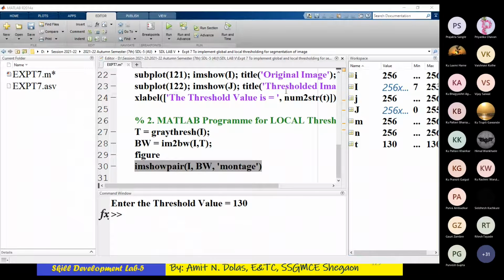Yes, any answer? imshowpair. What does this command do?